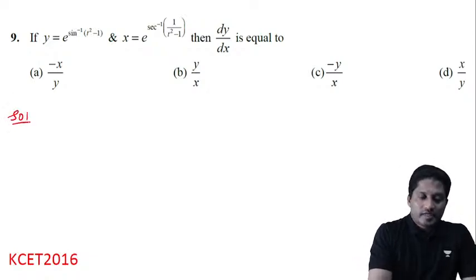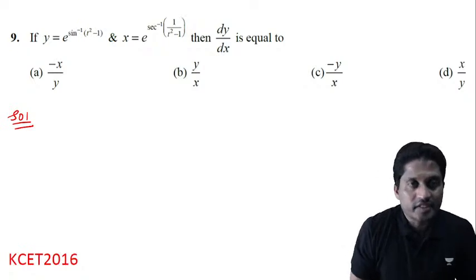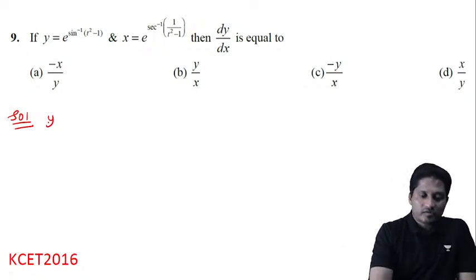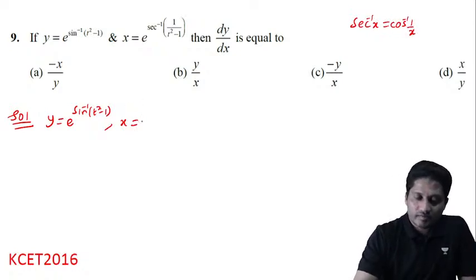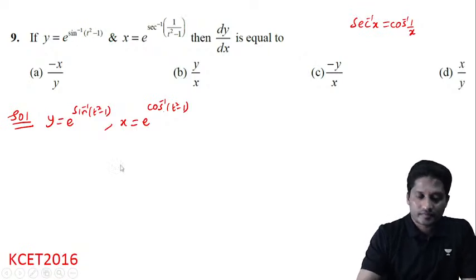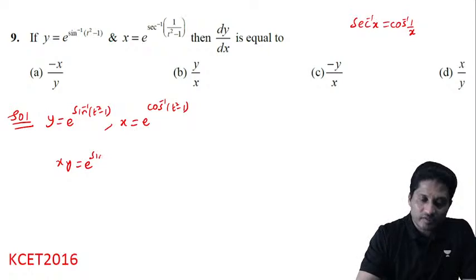No need to take log on both the sides. Differentiate this. I can write y is equal to e to the power of sine inverse of t square minus 1, and x is equal to sec inverse of 1 by t, which is cos inverse of t square minus 1. Now if I multiply these two, x into y is equal to e to the power of sine inverse of t square minus 1